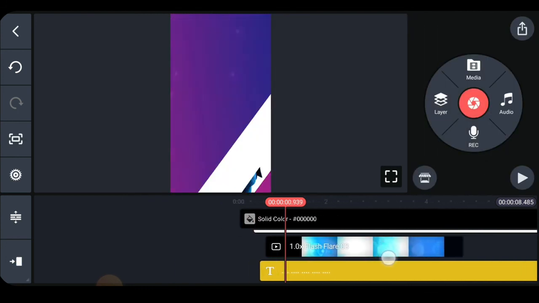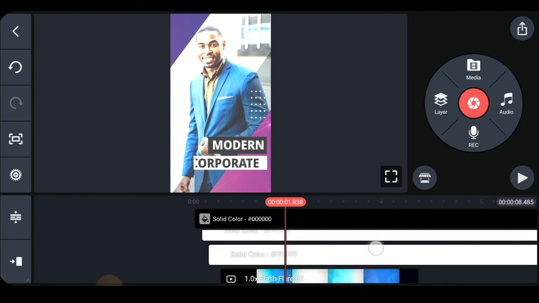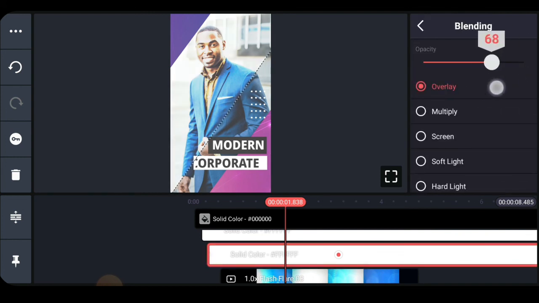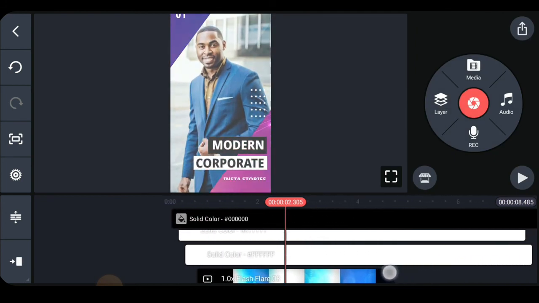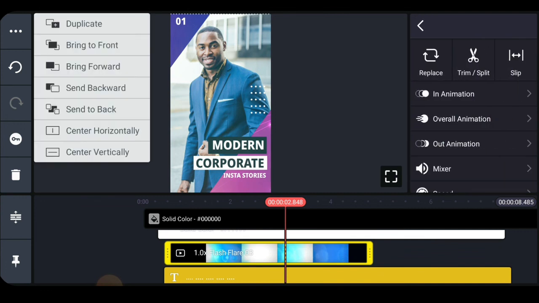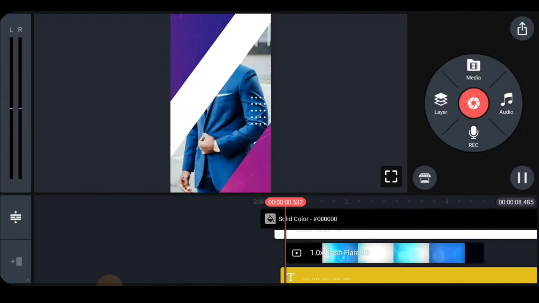If you want, you can take it back if you so please. I think this white one, I'll reduce the opacity a little bit because it's too bright and it's making the whole thing look whack. All right, and then you have something like that. So I think I'll send it to back, then I'll bring forward like that. Yeah, so if you give it a play now,